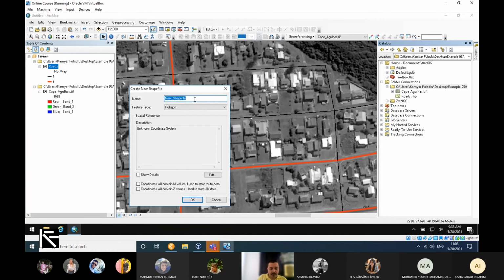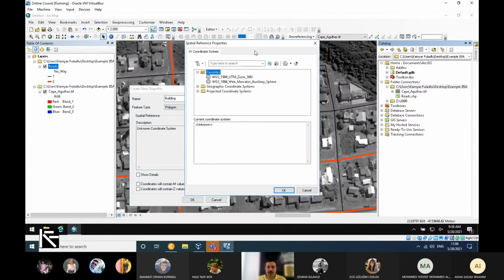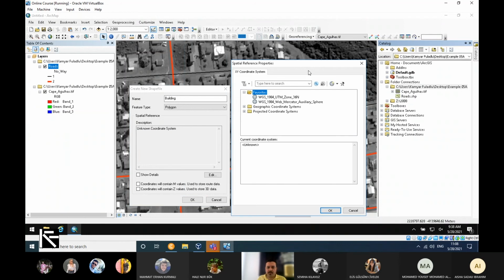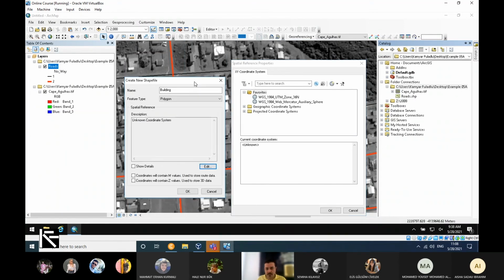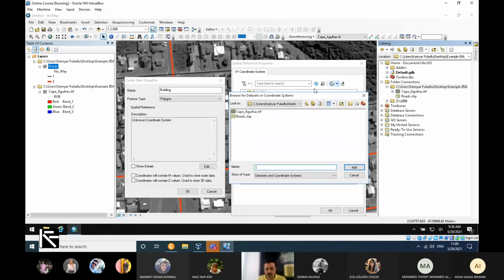I need to give some name. I just give it the name building. This part is very important. Unknown coordinate system. We need to give a coordinate. You remember I told you either use the local coordinate, or if you don't know, just import from your project, from the ones that you have. You need to just press import, go to your folder connection